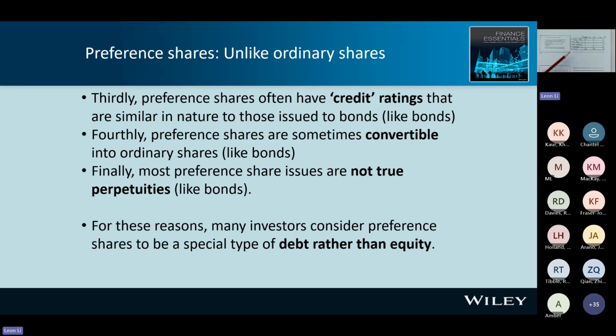Ordinary share, no maturity. A bond has a maturity date. Ordinary share has no maturity date. Right. Now we consider preference share. You can see preference share will be like a bond. No voting right, fixed payment, credit rating, convertible, and has a maturity date. So you can see overall, investor will consider preference share to be a bond rather than